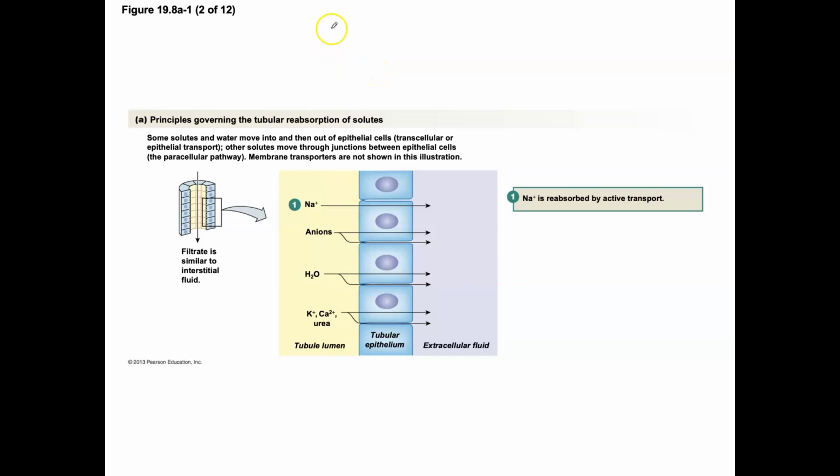Let's talk about reabsorption in the nephron of the kidneys. So reabsorption is a mechanism to return molecules like water, sugars, vitamins, amino acids, and then electrolytes back into the cardiovascular system. So if we were to look at the general mechanism of the nephron,